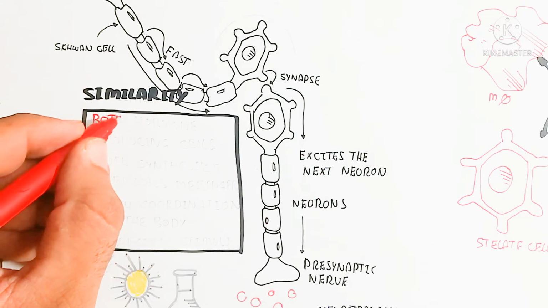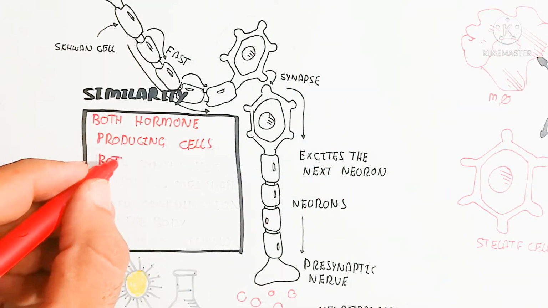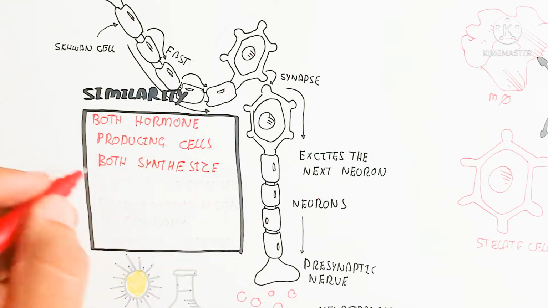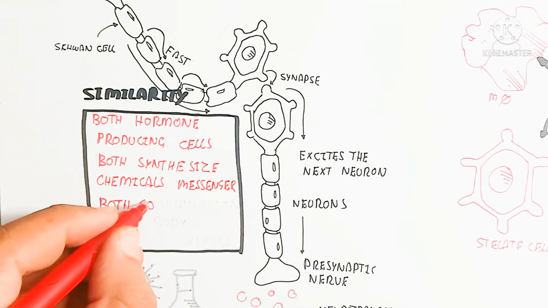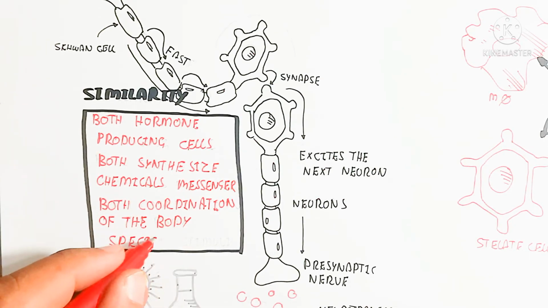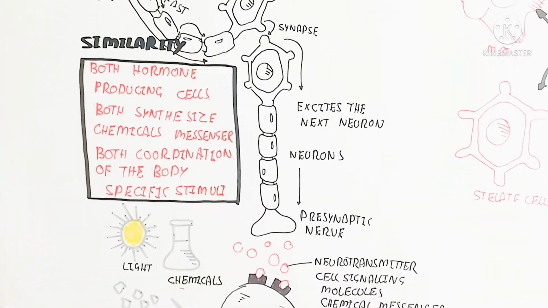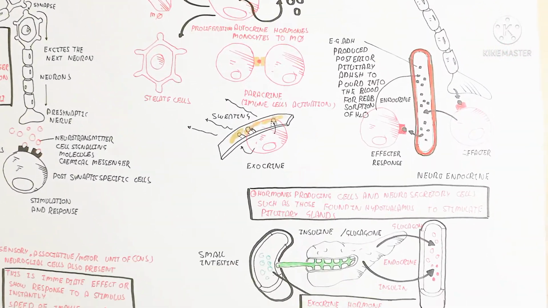So the similarities: both have hormone producing cells, both synthesize chemical messengers, both coordinate the body, and both respond to specific stimuli such as light, chemical, salt, pain, vibration, and blood circulatory system homeostasis. So I hope you make sense of the chemical coordination and